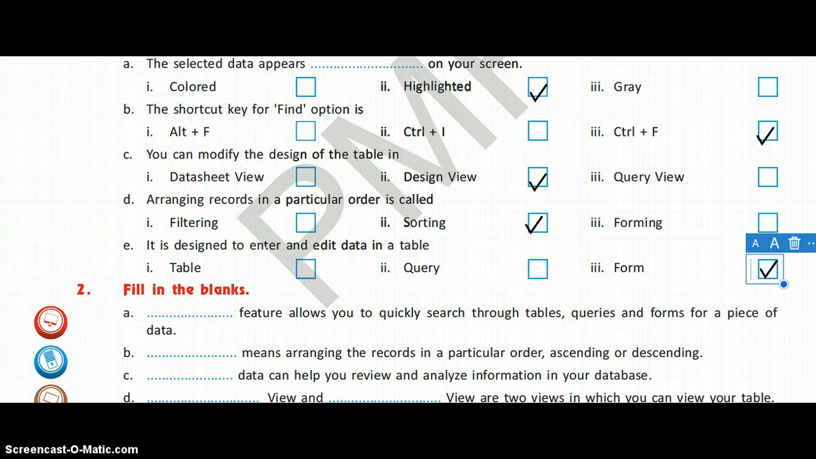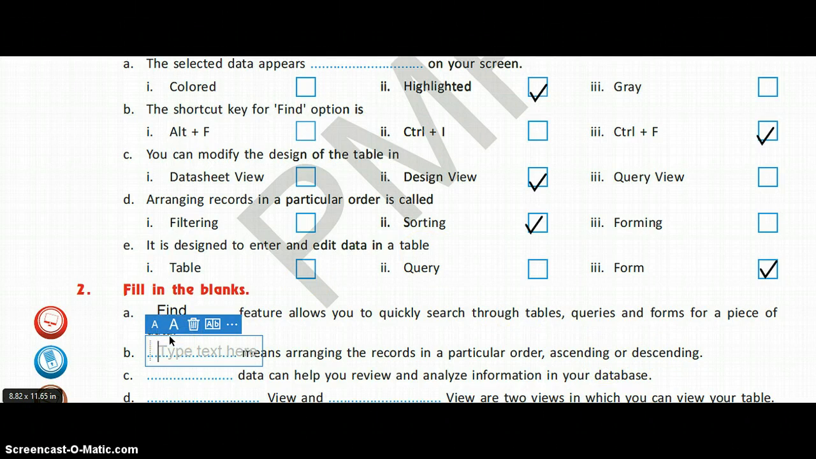Now next one is fill in the blanks. Dash feature allows you to quickly search through tables, queries and forms for a piece of data. And which feature allows you to quickly search? It is find. Now next one. Dash means arranging records in a particular order, ascending or descending. We have just now studied that this feature is